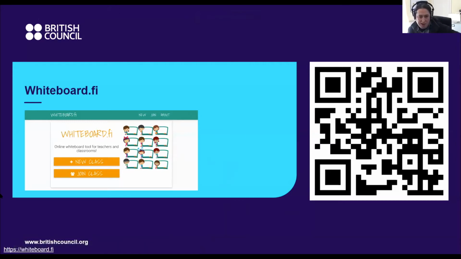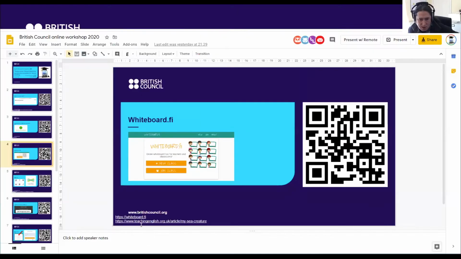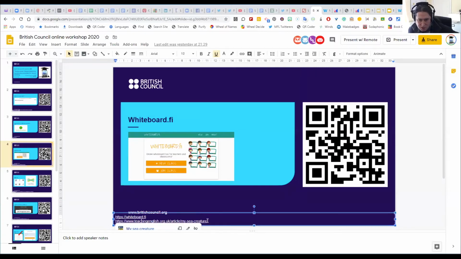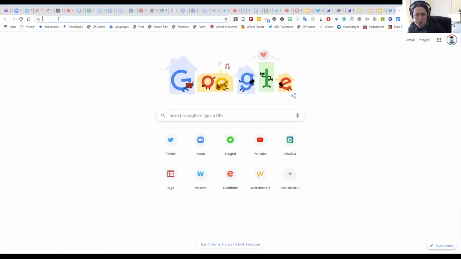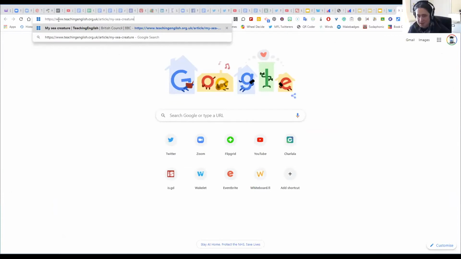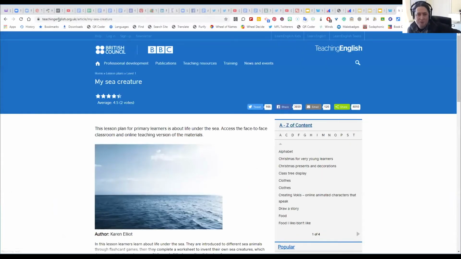So before I show you how this works, I want to quickly bring up a link. I thought I had a link there. Let me just check. Oh, I have got a link. So I'm just going to quickly copy this link into a new tab. As you can see, I've got one or two tabs open, but I've got 16 gigs of RAM, so it's all good. Right. So just to make it a bit more focused on English language teaching, these are some resources